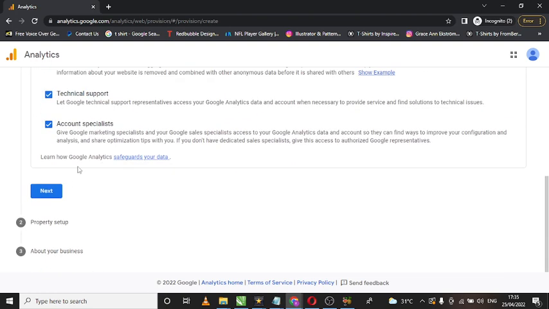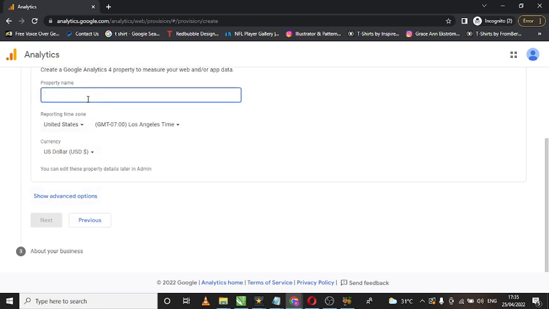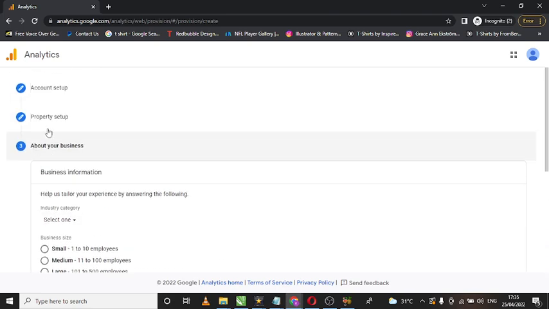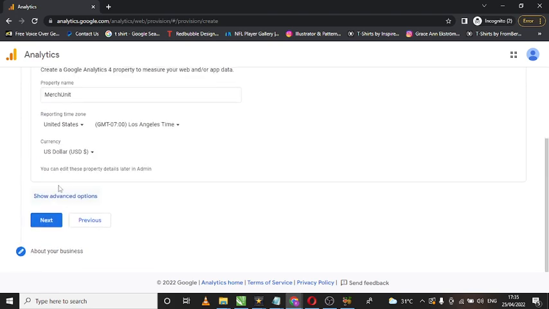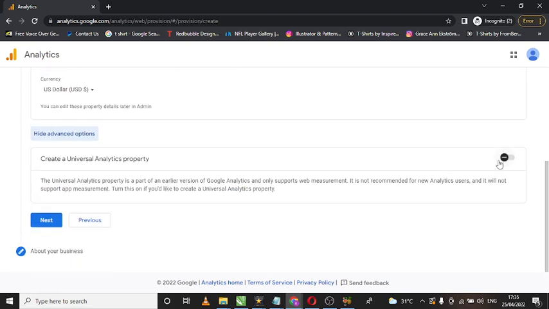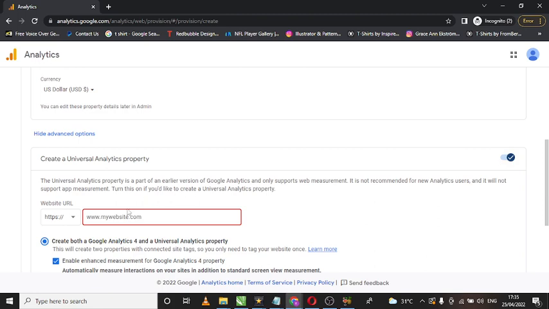Tick this. So next, here the property name, I like to use this. Okay, next. Now before that, I'm going to come back here and click on show advanced options. From here I'm going to click create a Universal Analytics property, and here I'm going to put